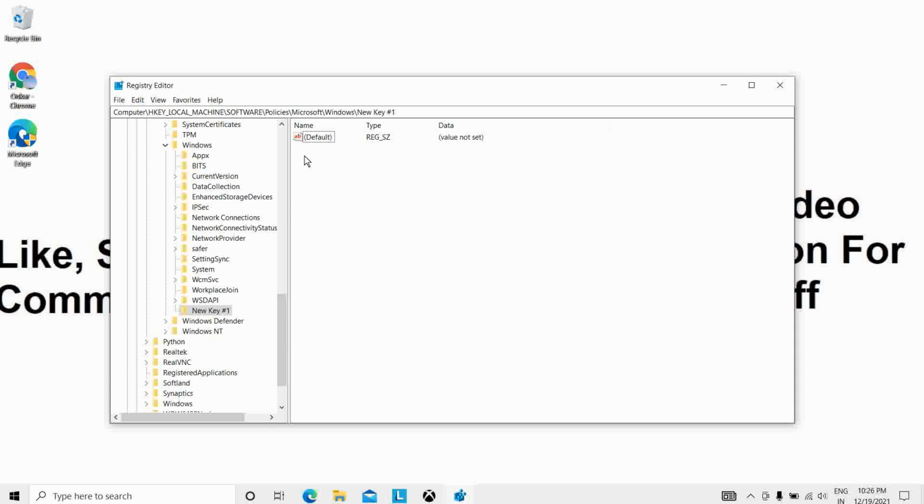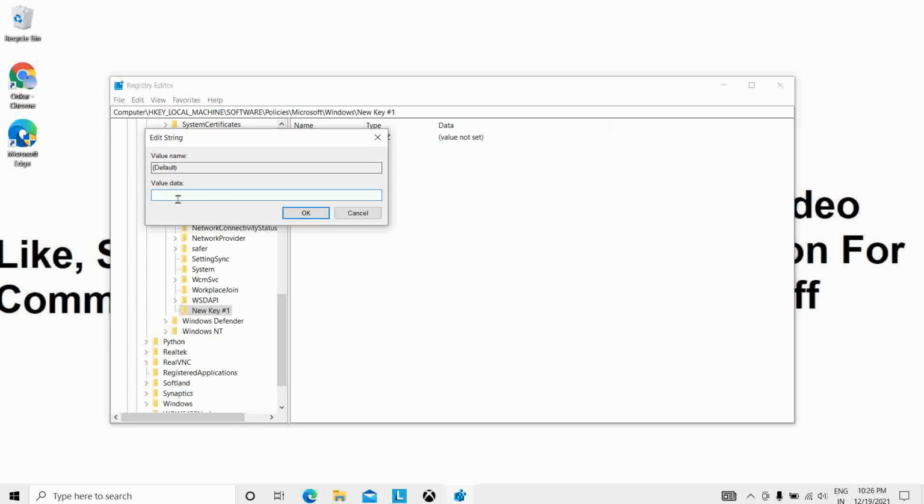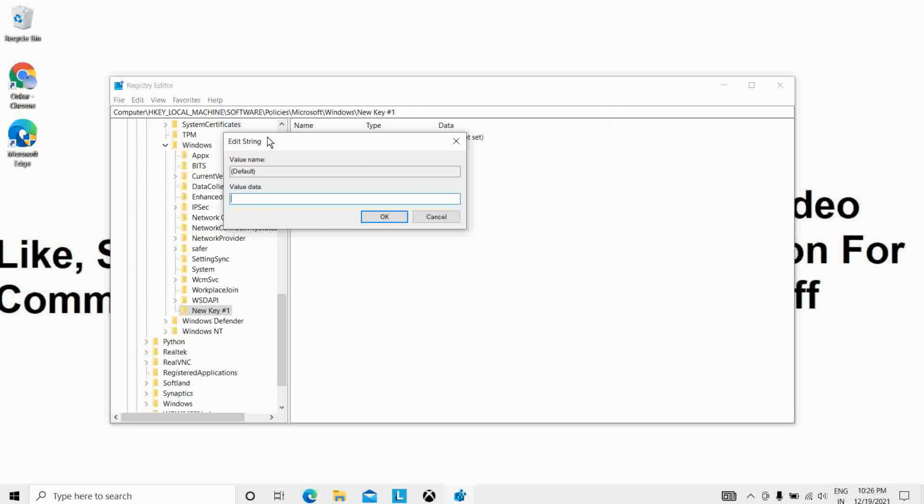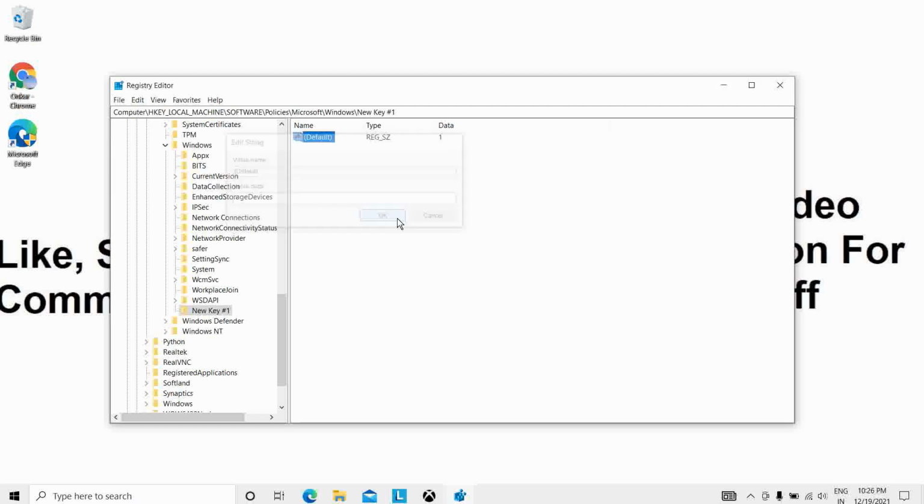Now right click on the Personalization folder we just created and select DWORD 32-bit value from the menu. Just click modify, and in the value data you have to fill in 1. That was the solution, guys. It's showing editing value data 1, click OK. Yes, so it's done, guys. Fine. So this will solve your problem 100%. No issues here.